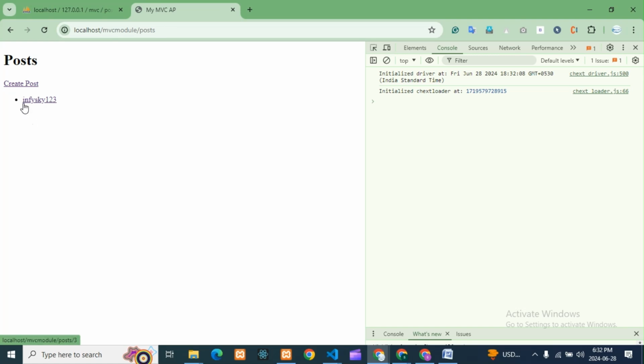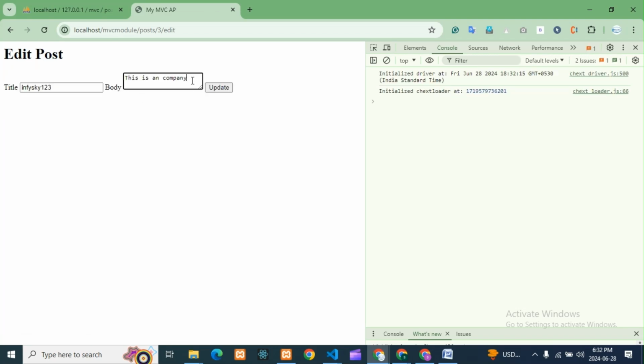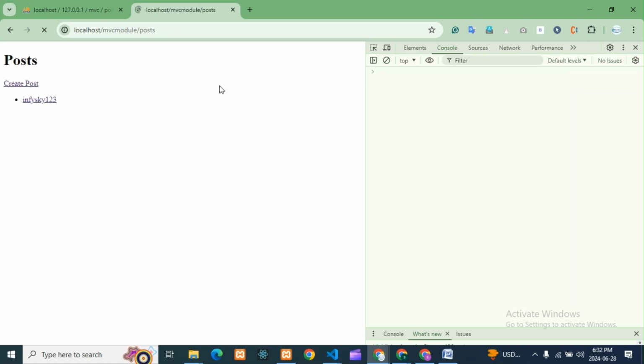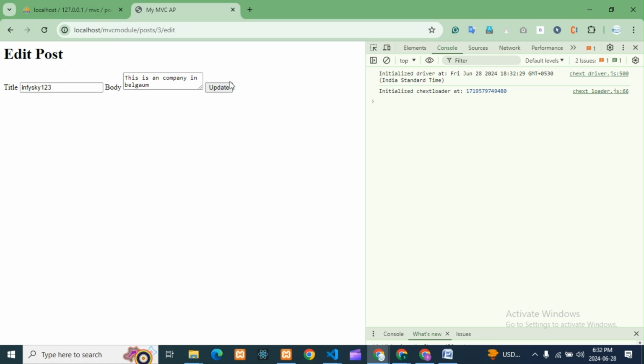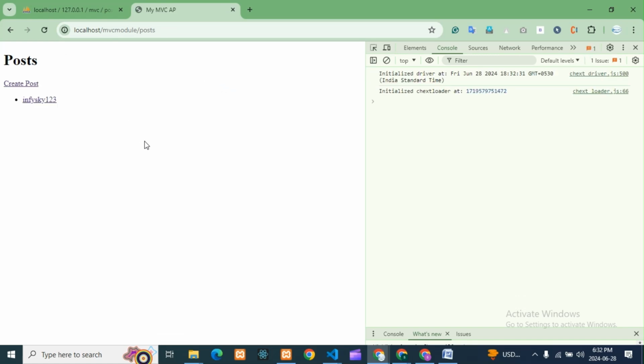So see guys, it is changed, right? In Fisca 123, earlier it was in Fisca, and now it is 123. In Belgium, I'm updating. Again I'm storing. If I edit, if I see here, you can see it is updated, right? Edit. Again I'm updating. It is again redirecting to the index page.